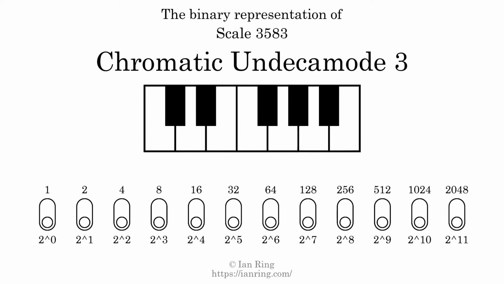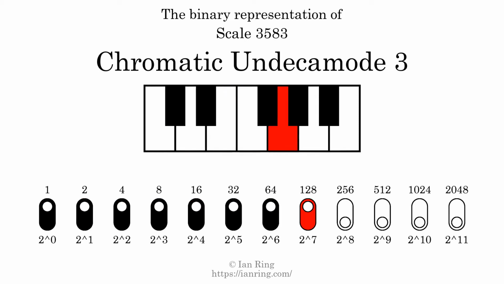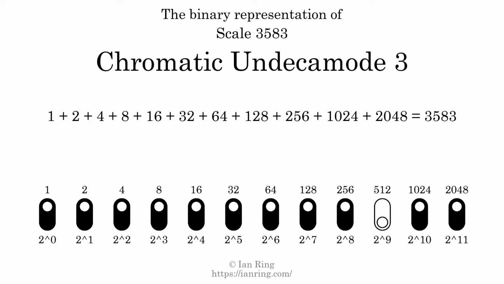The binary representation of this scale is determined by mapping tones of the scale to binary digits. Each binary digit represents a power of 2. To get the scale number, we add the powers of 2 together. The powers of 2 that are present in the scale, all added together, equals 3583. That is why the scale number, in decimal, is